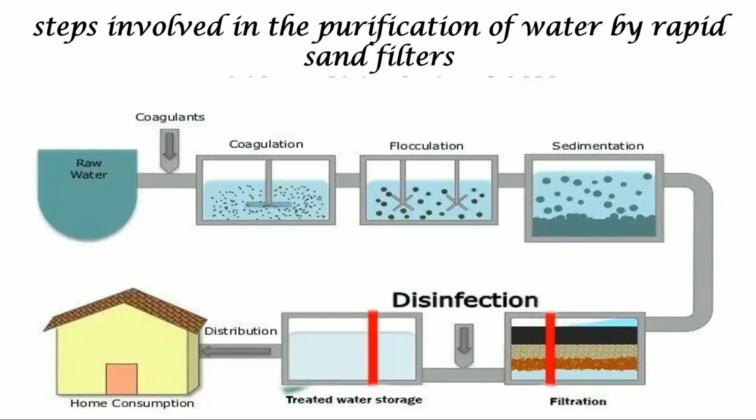First, raw water is treated with coagulants like alum, then coagulation by rapid mixing, then flocculation by slow stirring of the water, and then sedimentation. The sludge which forms settles below, and the water goes to the next tank, where there is filtration by rapid sand filters. After the sand filter there is disinfection and we get pure water.